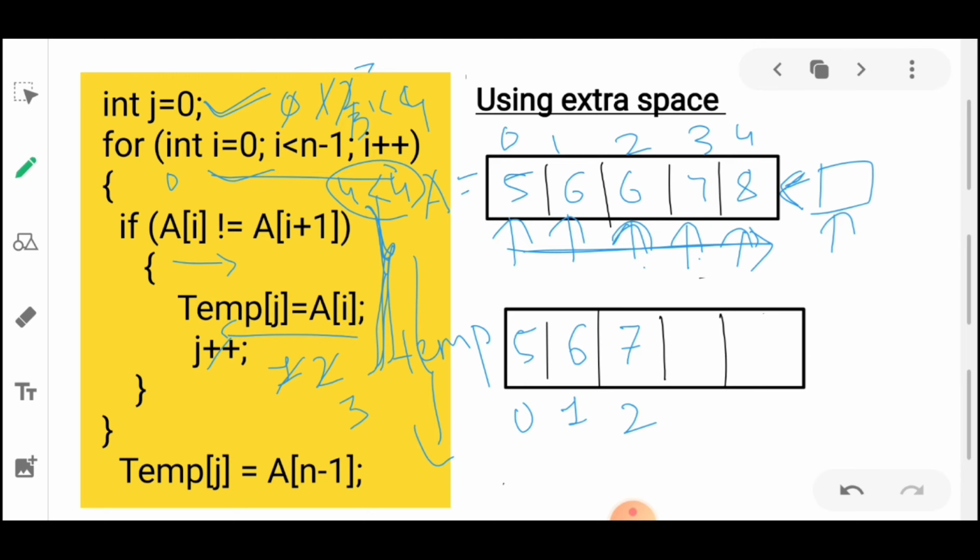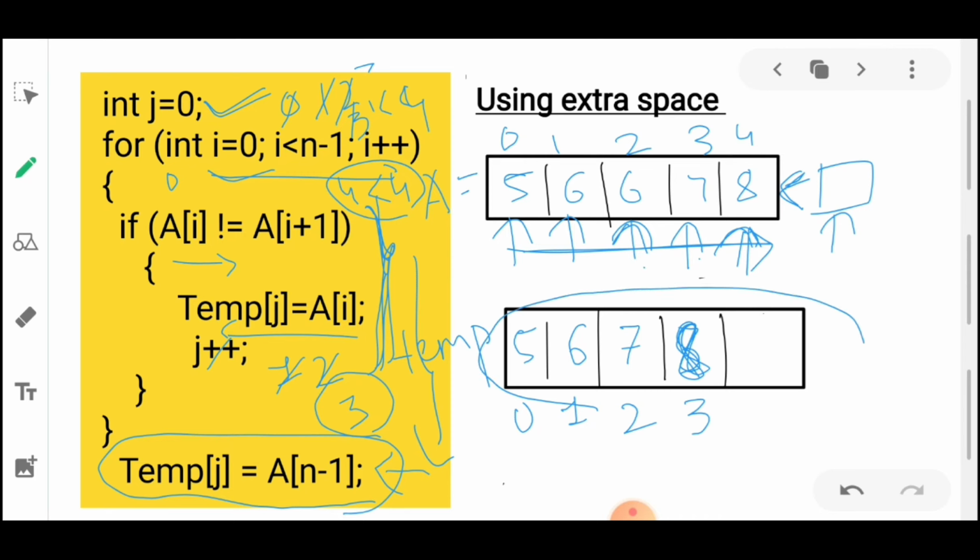So that's why for storing the last element, we'll store it at the end of the loop, that is a of n minus 1, that is a of 4, will be stored into temp of j. The last value of j is 3. So our 8 will be stored into our temp of 3. Okay. So here I have got the non-duplicate elements in our temp array.